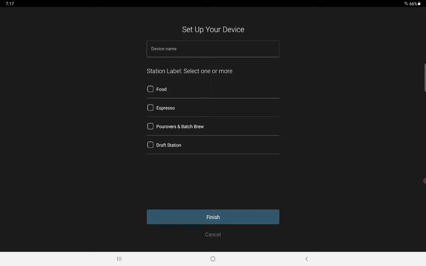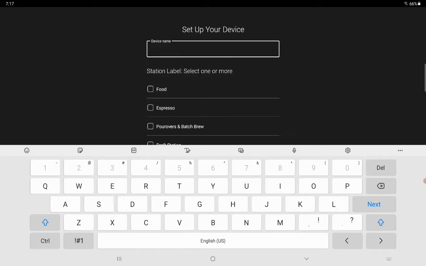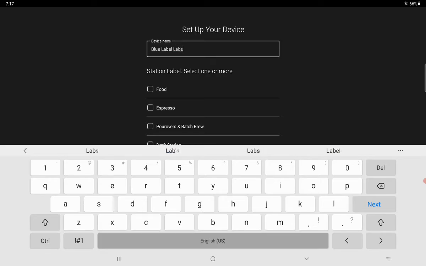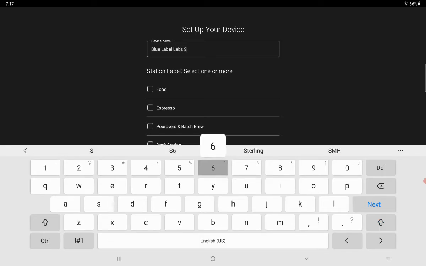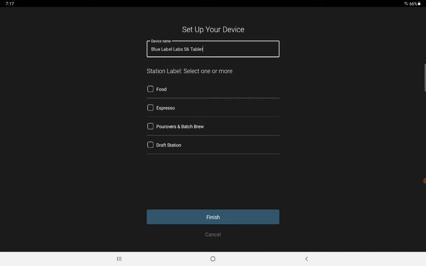Here I will be entering the device name, and will be selecting the stations available with our kitchen and tap on finish.